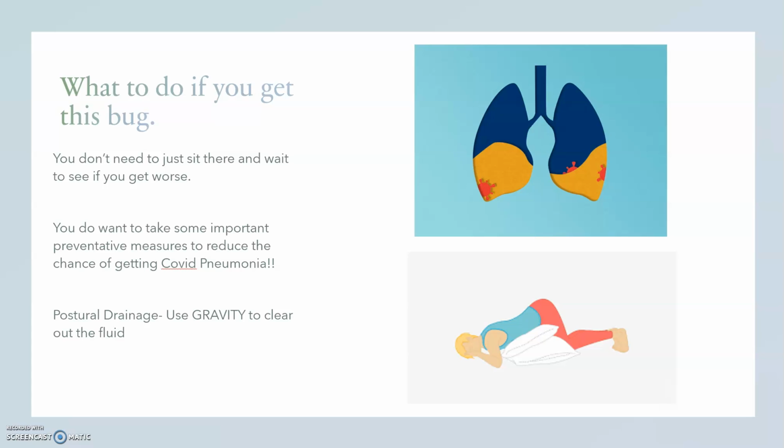We can wear masks, but once you get this diagnosis, we can also take some steps at home to prevent COVID pneumonia. So on this picture, you'll see some lungs here with fluid in the bottom, and it has some cartoon-like COVID viral type spots. That fluid in the base of the lungs, we can help remove that at home before